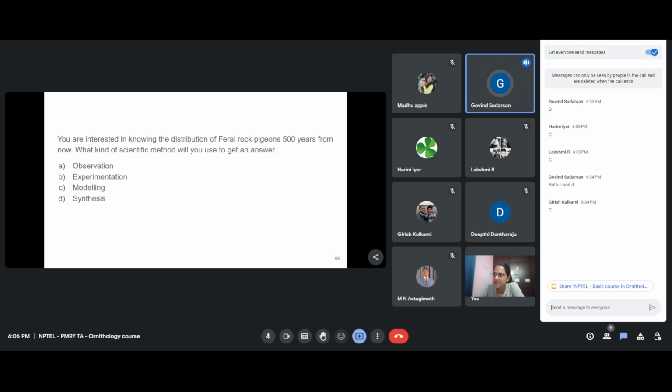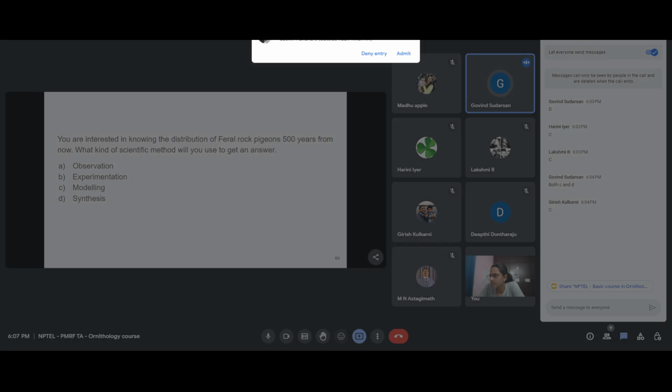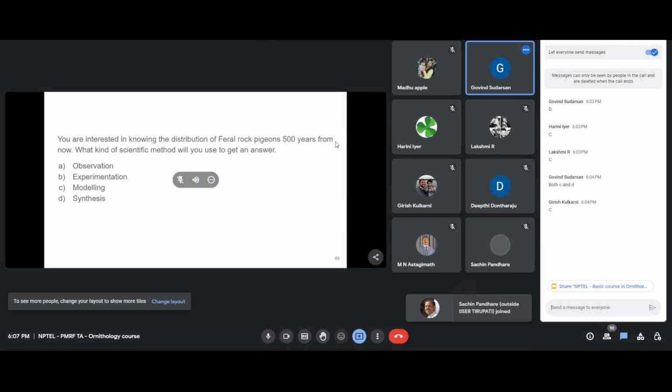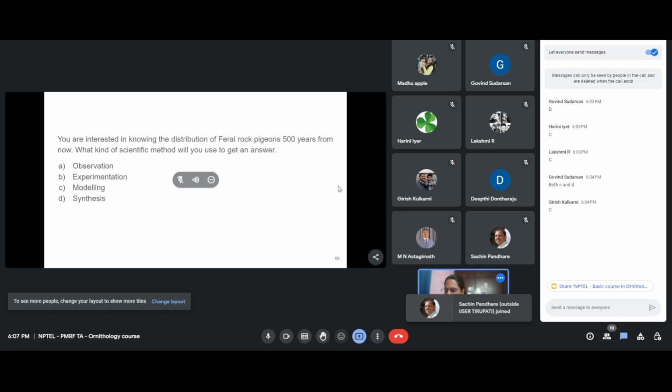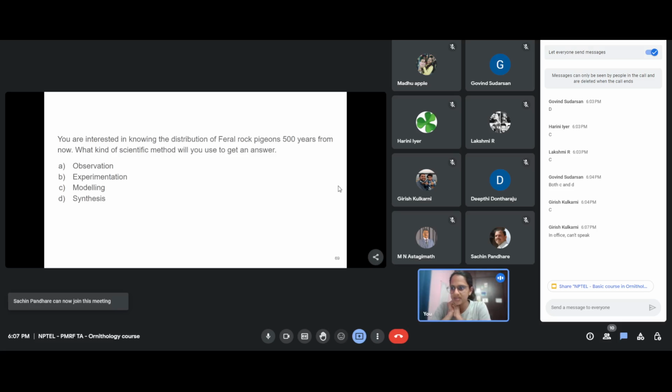Well, we may not be able to experiment or observe in the future, but we need the other three options to actually come up with a good basis for a model, right? Ma'am? Sure. Sure, but since the modeling method is going to use the other two methods anyway, that is overarching, right? Girish, no problem. You can type if that's okay.